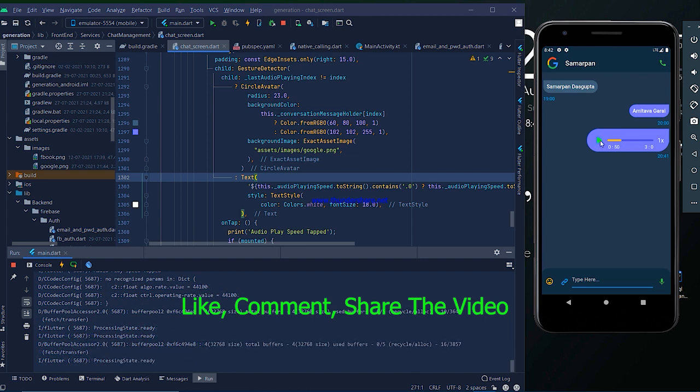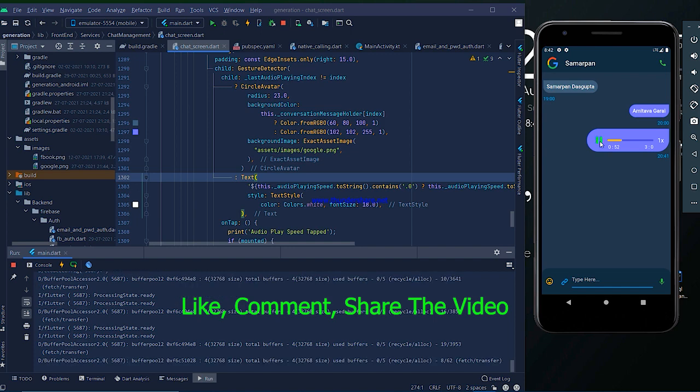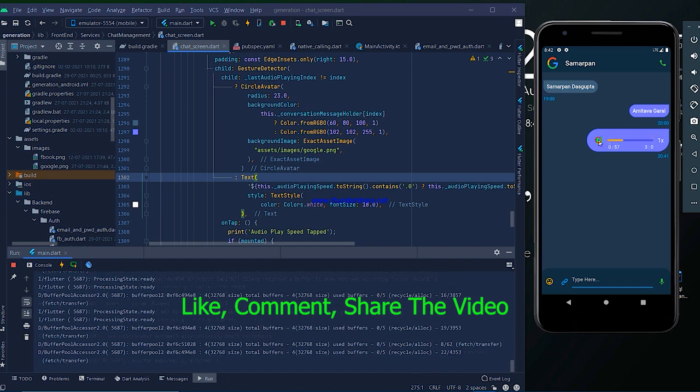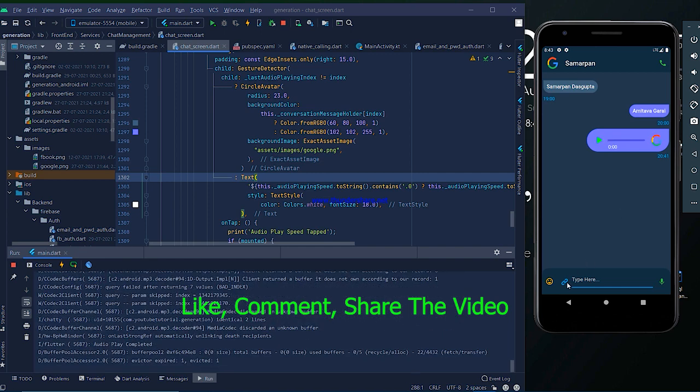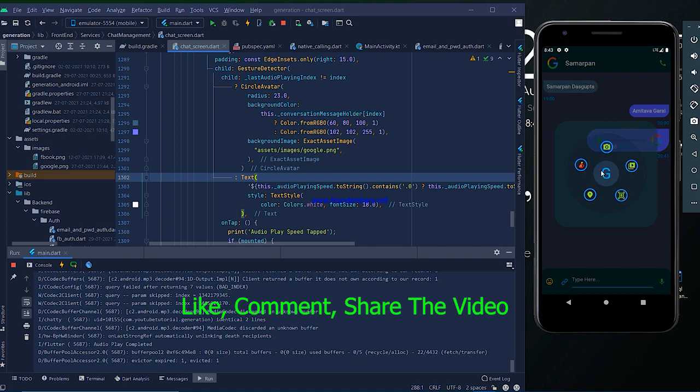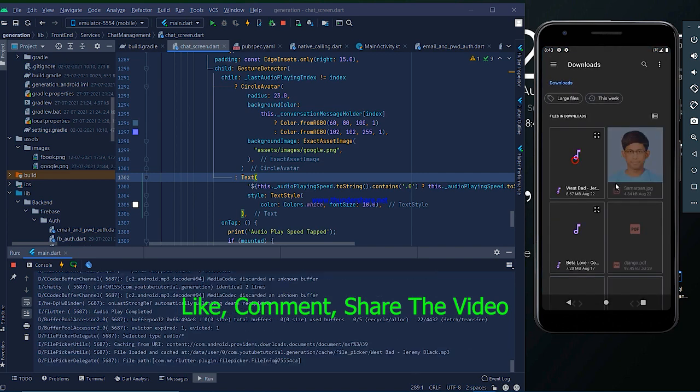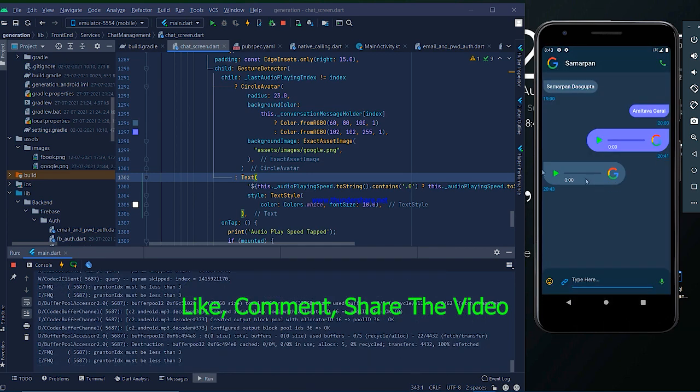When we are playing the audio, if we long press on that icon, it will totally stop and go back to the first stage. So I play it and long press on it. Please take a look. So that's the demo, and just like usual, if I choose another audio, it is showing on the left side.